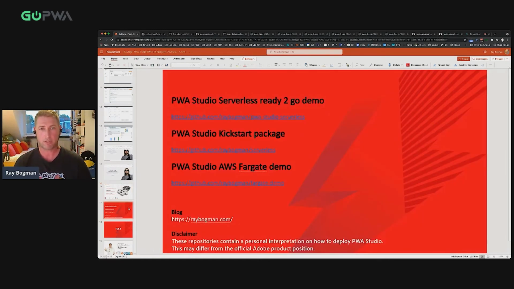Like I just mentioned, there are some repositories out there that I just shared, but this is a reference that you can use. So please, again, there's no reference to Adobe in any kind. These are my personal interpretation, and this is some of the code that I posted publicly for the community online, which can be used.